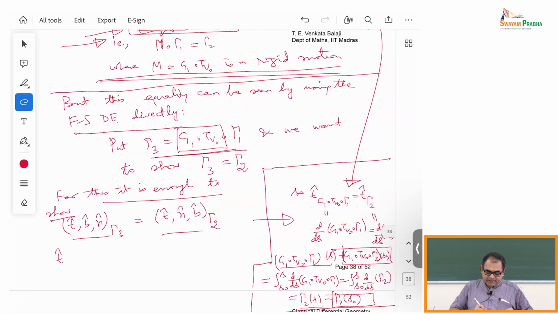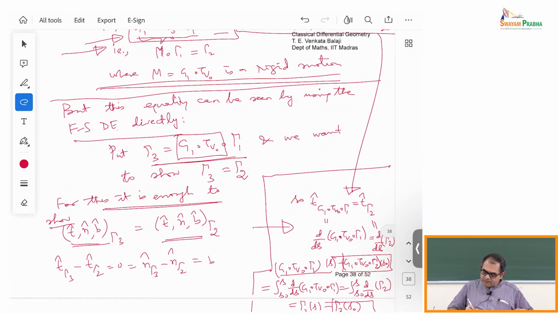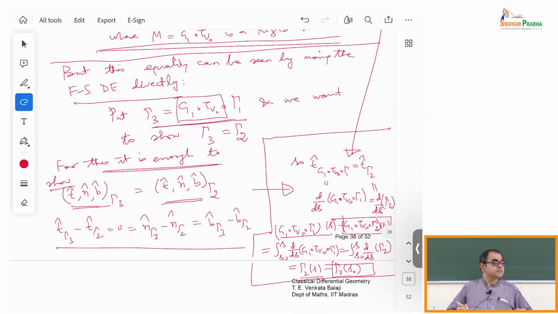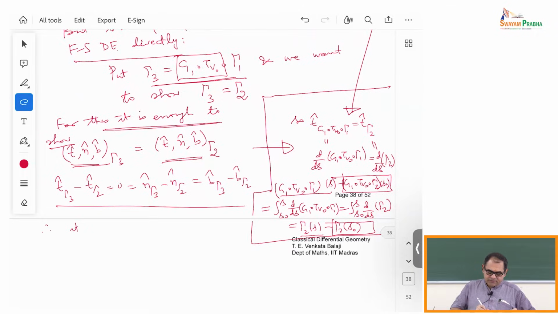This means I have to show that t cap gamma 3 minus t cap gamma 2 is equal to 0, b cap gamma 3 minus b cap gamma 2 as well. So I have to show this. But mind you, these are all vectors. Therefore, to show these vectors are 0, it's enough to show the norms are 0. And then the idea is that from the norm you can go to the dot product by taking the norm squared. So therefore, it is enough to show, is equivalent to showing